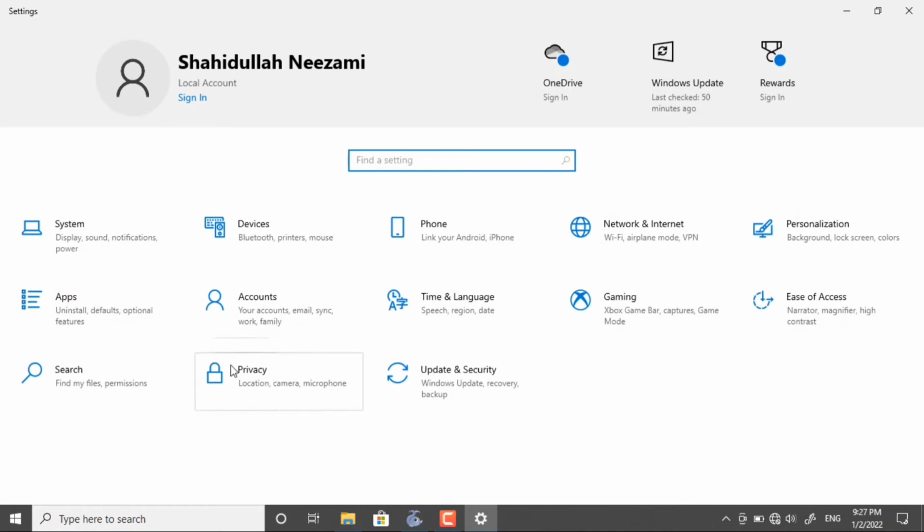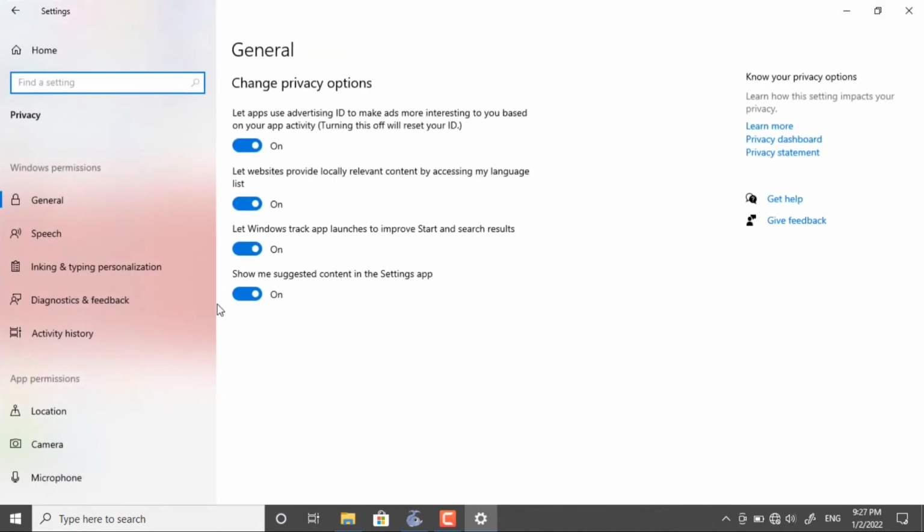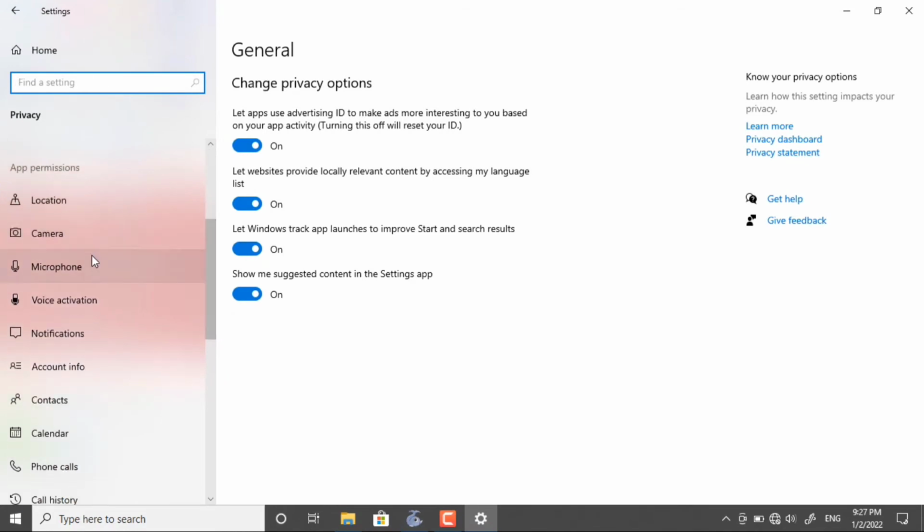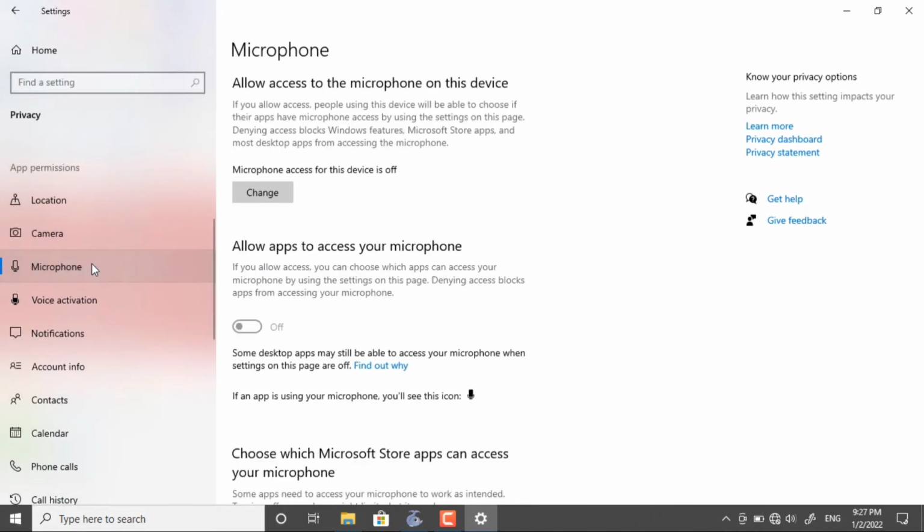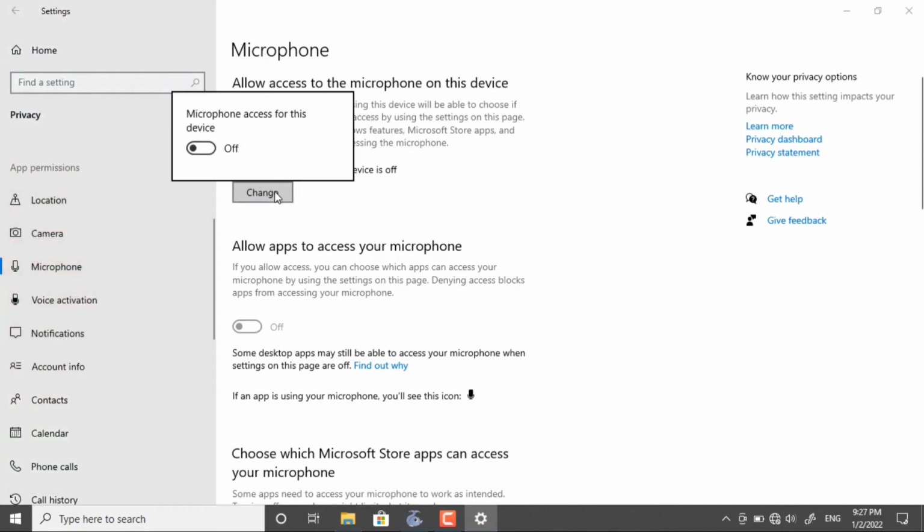Then click privacy again and find microphone. Click microphone, and now you can see, guys, microphone access for this device is off, so that's the main reason, okay? Just click change